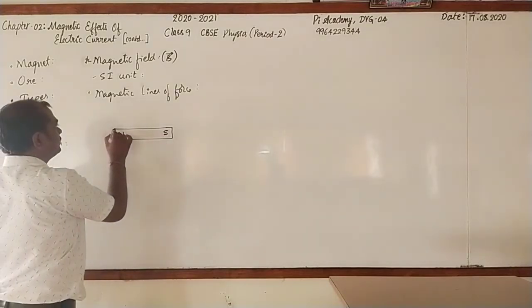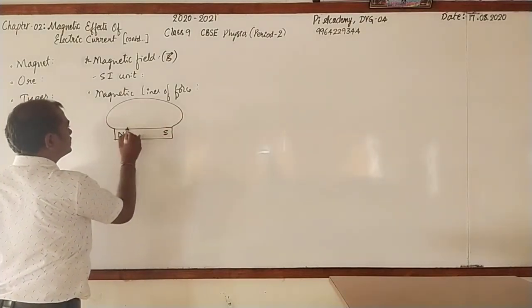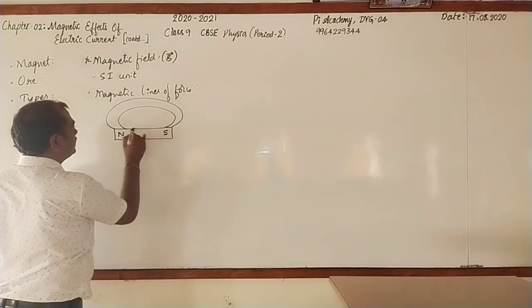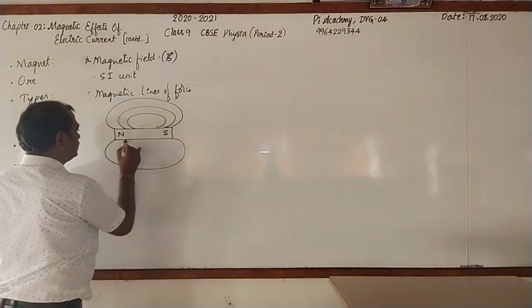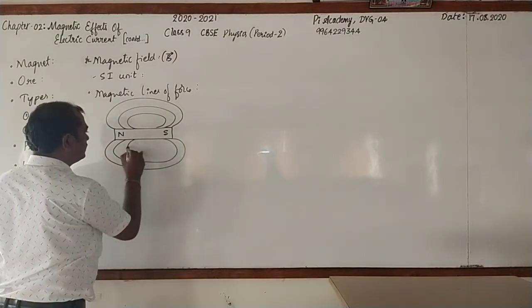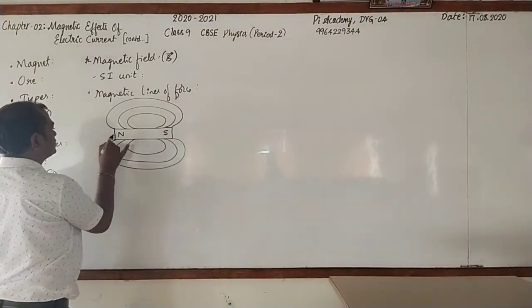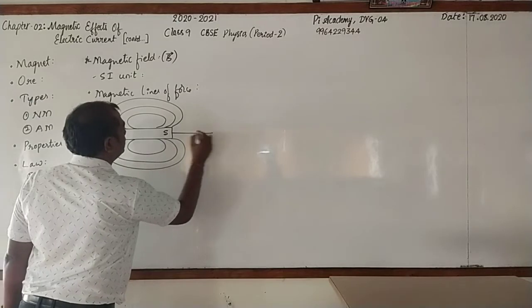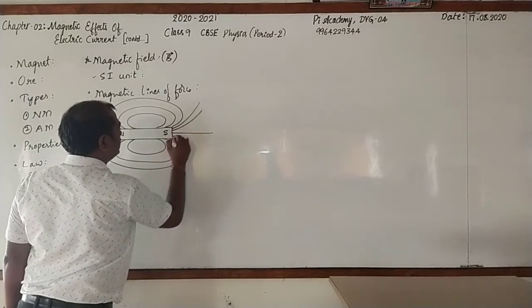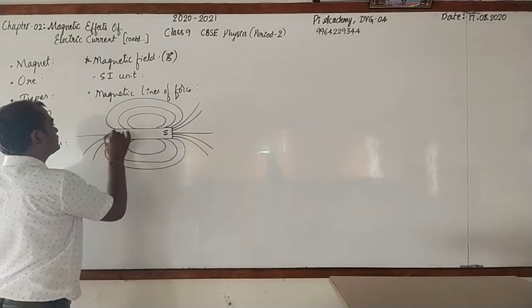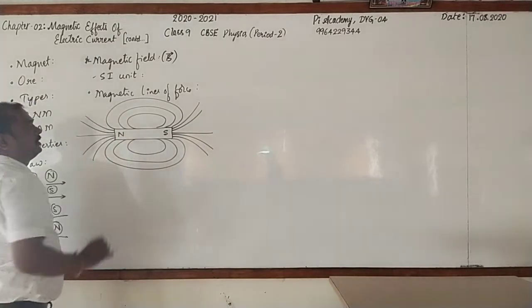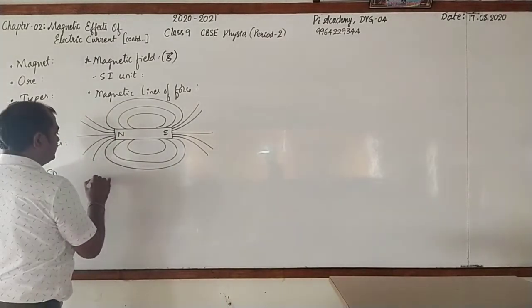Just observe it. These are the lines of force, and here also I am drawing, and this was also asked in the examination many times. You must practice this. Here also, just keep observing how the lines, nothing but field lines, and the characteristics are